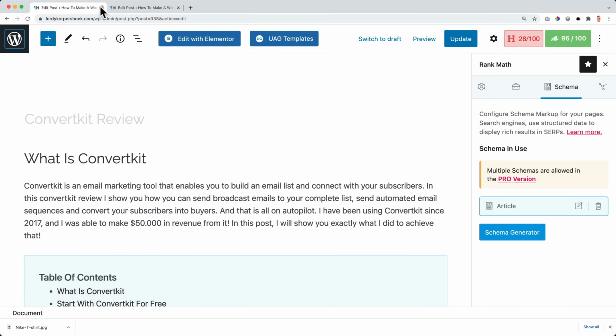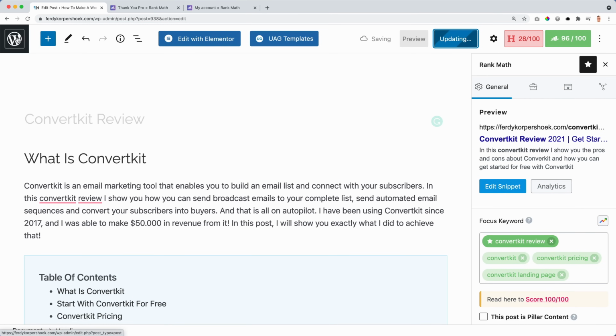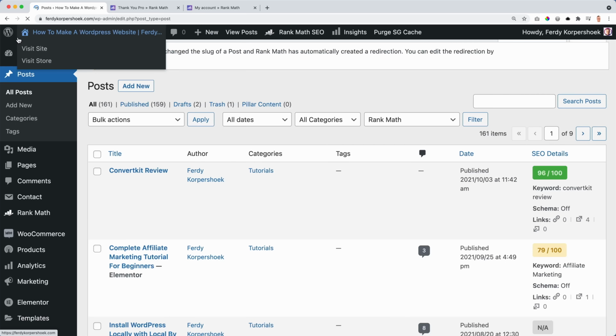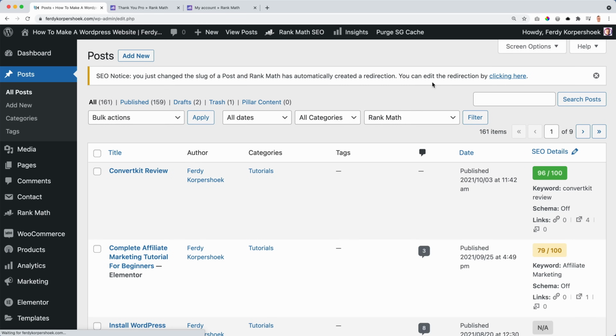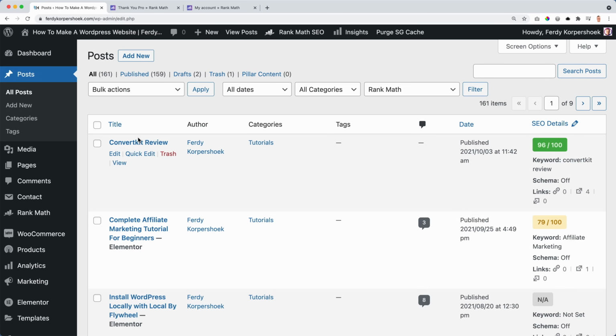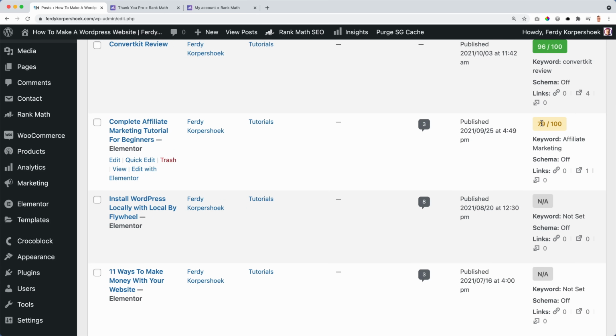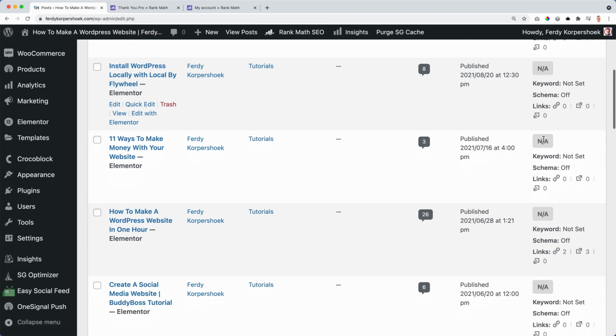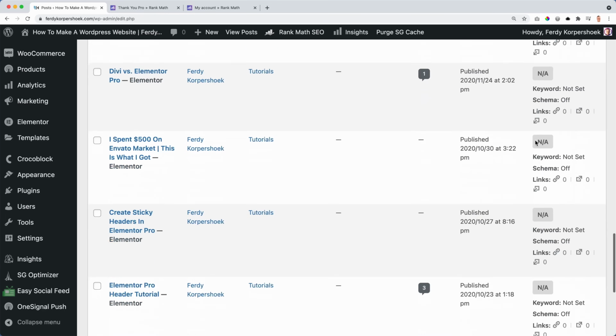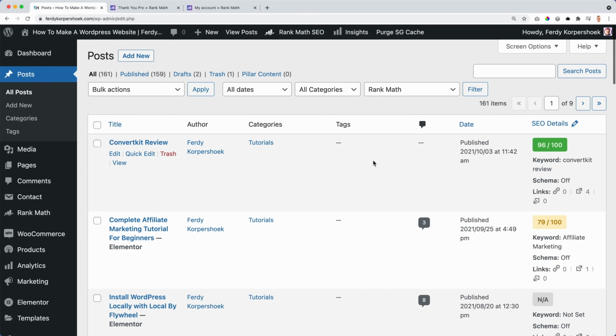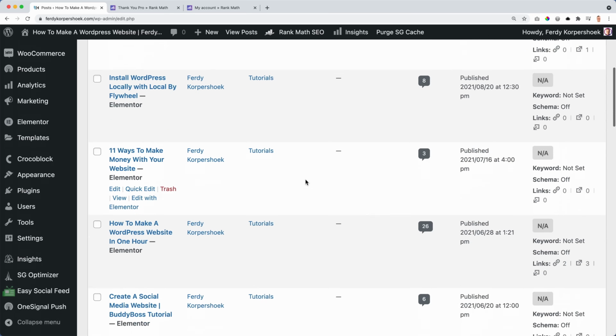And now when I go to my website, or let's go to all the posts, what I see over here is that this one is ranking really well, and this one is not ranking that good. This one is not ranking at all. So what I need to do is optimize all the pages, and maybe think, but it's so much work. Well, it's hard work, and that hard work will pay off. So how bad do you want this? It's a matter of working really hard or hiring an editor that can do this for you.